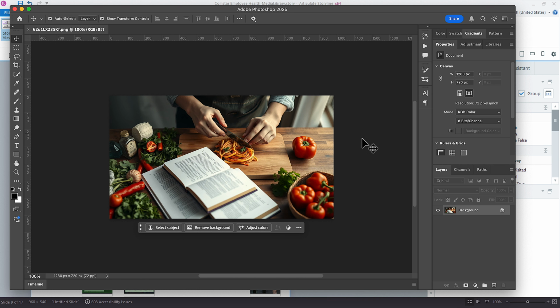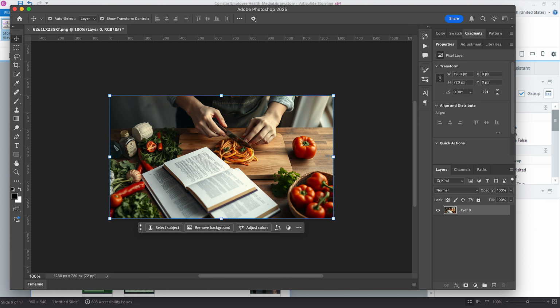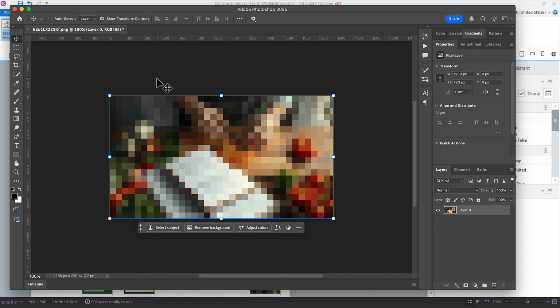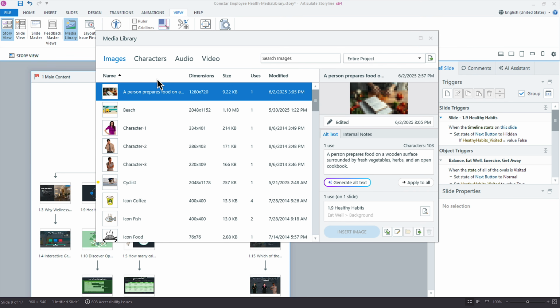Okay, there's the image. I could do a lot of different things. Maybe I just want to do a quick filter here and do a pixelate. I'm going to do something that really just makes it obvious that this has changed. How about a nice mosaic? There it is. I'm going to click save and close out of it and go back into my file, and